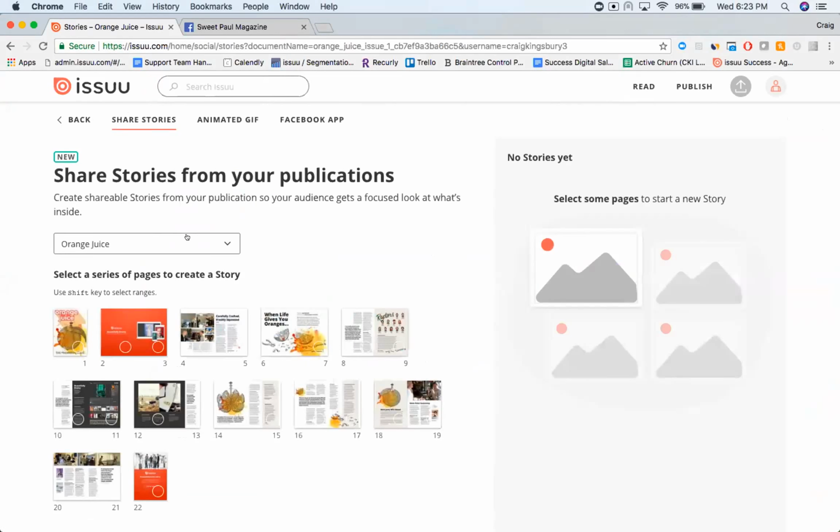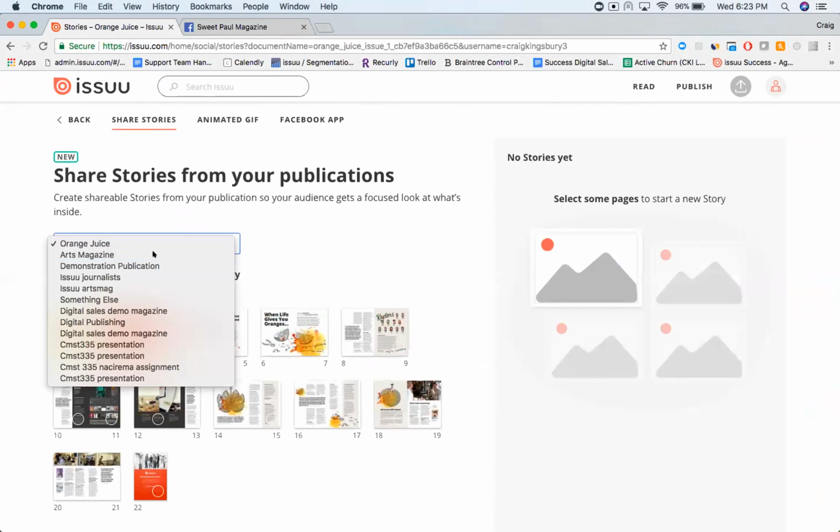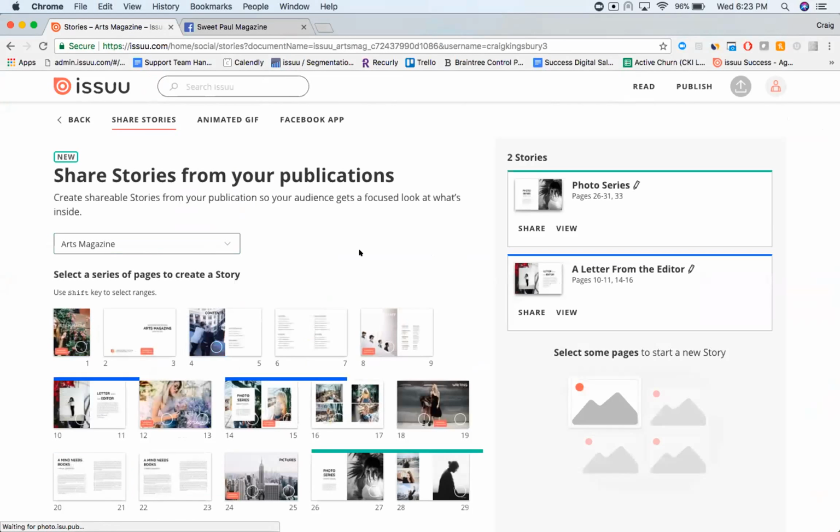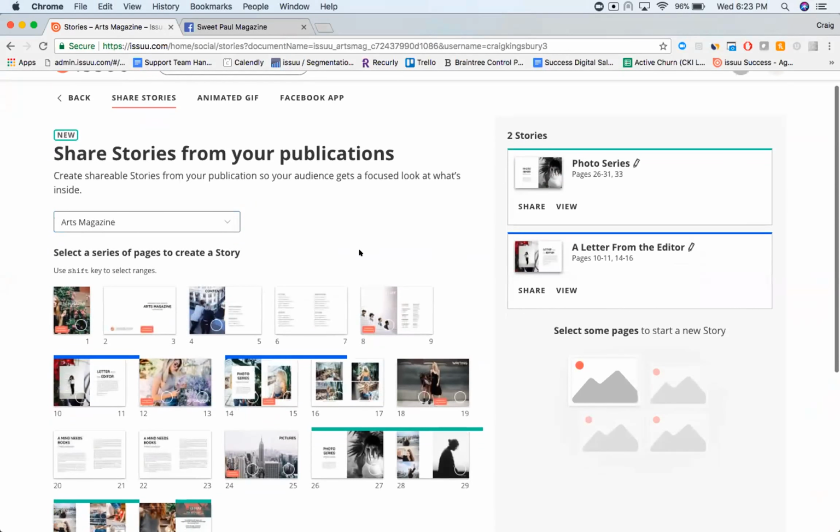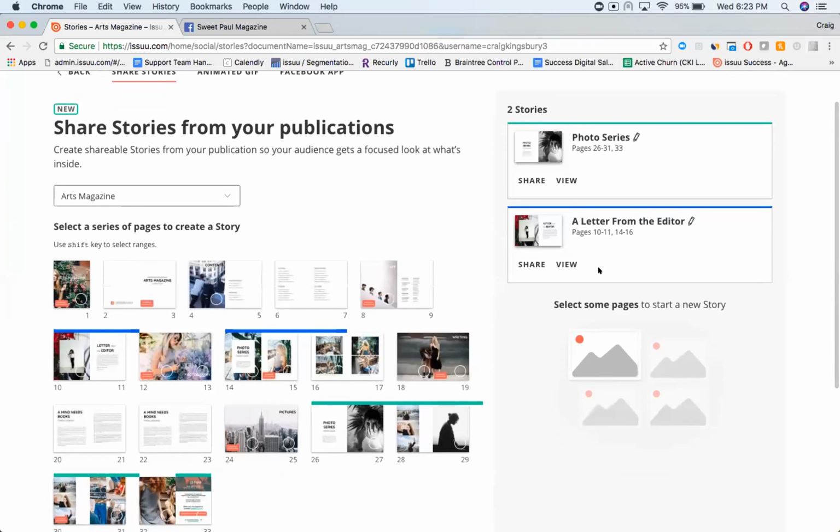So I'm going to start with stories first, and I'm just going to click on whatever publication it is that I want to work on. So you can see from here, I've actually created 2 stories on the right-hand side. You can create as many stories as you like, depending on who you want to send that to and what you want to highlight from your publication. Creating a story is incredibly easy. All you do is just select whatever pages from the spread it is that you want to be in that publication, and then you can actually begin working on it and then optimize it for mobile.